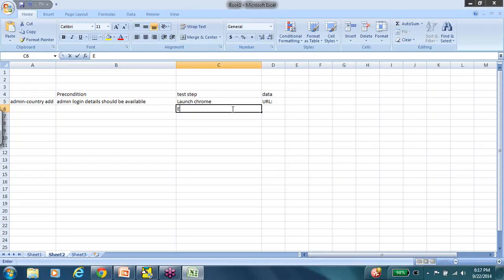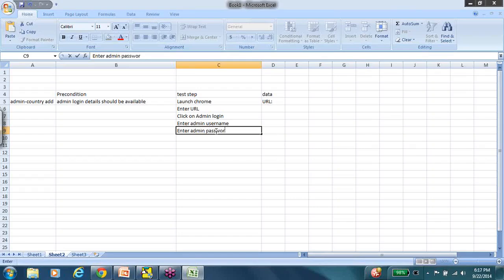So launch Chrome or any other browser to that effect, enter the URL, and then click on admin login, enter admin username, enter admin password, click sign in. Once the sign in happens, click on add country, enter the country name,